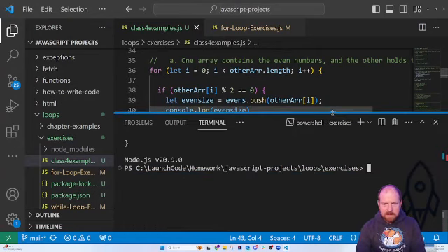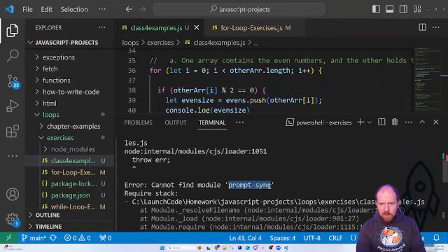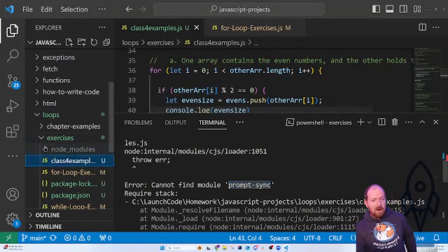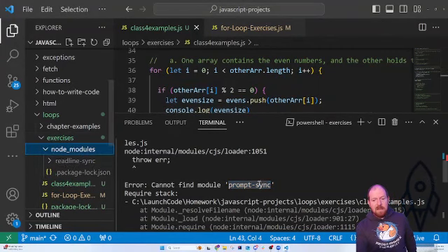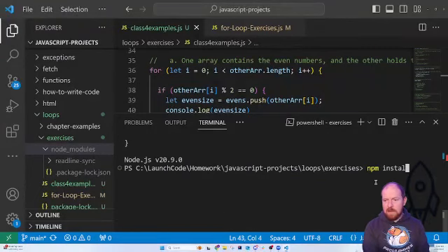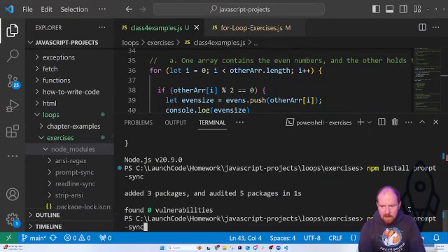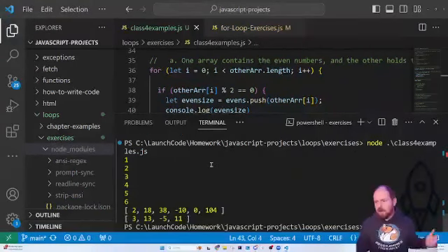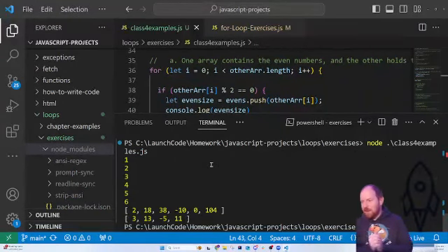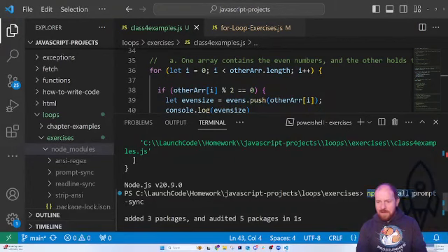And when I run this, it's giving me an error. It doesn't know what this prompt sync is. Remember at the beginning, whenever I said, hey, we need to install everything that we use, I already installed the readline sync, but I did not install this prompt sync. And it's as easy as this. I just do npm install prompt sync. It's going to install that, and then I'm going to rerun my file. And now it's running. I know I did the install pretty fast, but definitely that's all you have to do from now on. If there's not something in there that you need, you just do npm install it